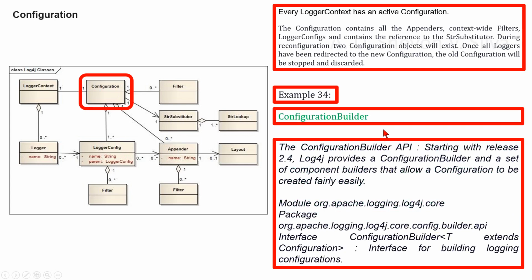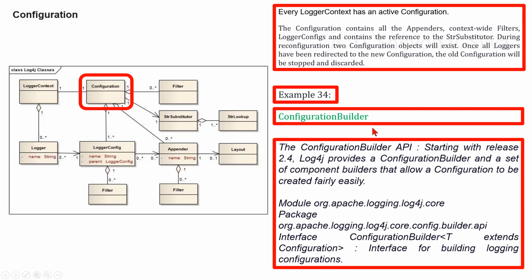Now we are considering the configuration builder API. Starting with release 2.4, Log4j provides a configuration builder and a set of component builders that allow a configuration to be created fairly easily. Interface ConfigurationBuilder<T extends Configuration> in package org.apache.logging.log4j.core.config.builder.api in module org.apache.logging.log4j.core. Interface for building logging